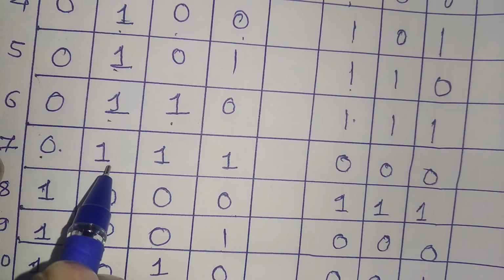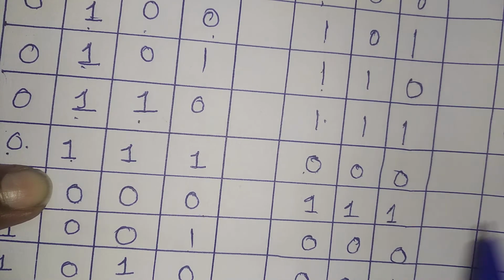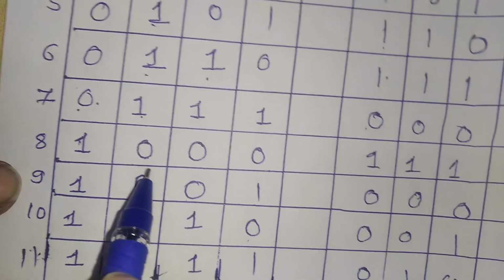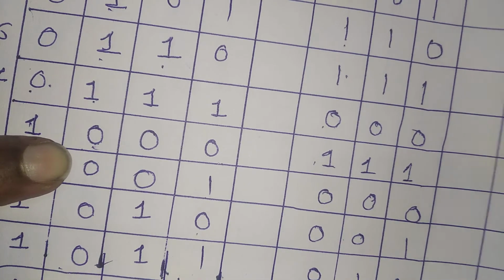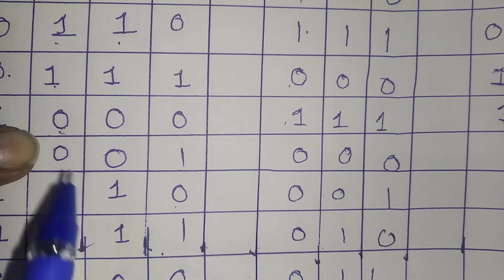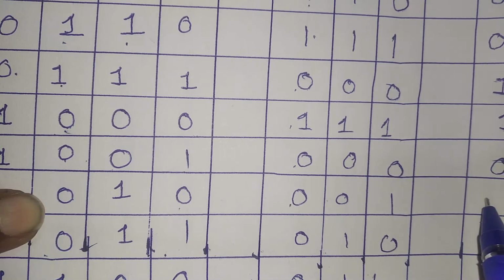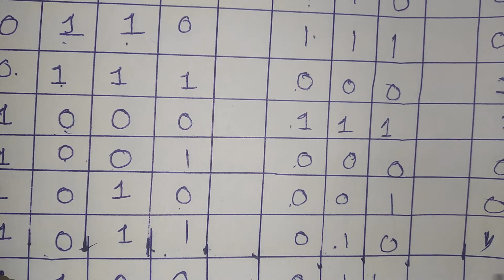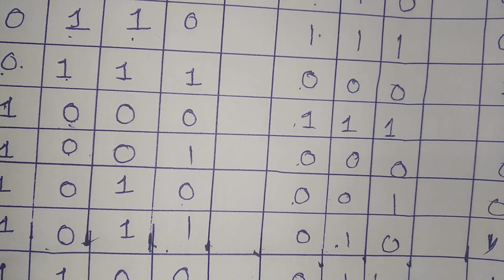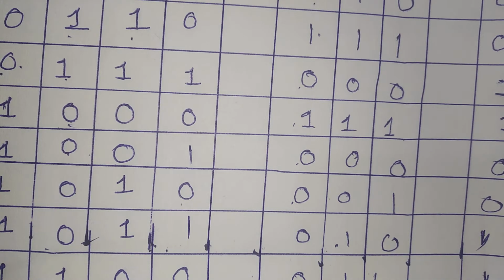Same for the down counter. For the down counter, you can see QC is 0 and QC star is equal to 1, a change in state, so write 1 here. After that, 0 0 0 0 0 0 0 1 1 1 0 1 1 0 1 1 0 1 1 0.